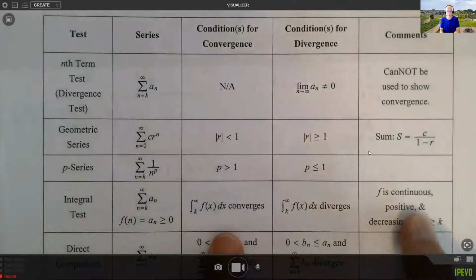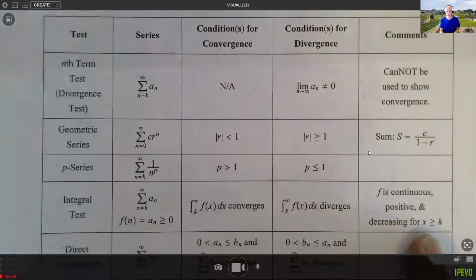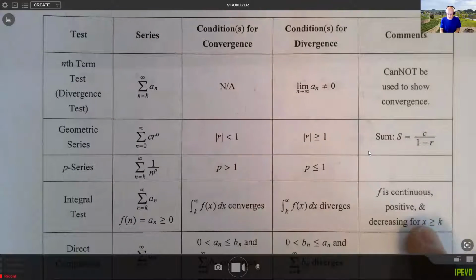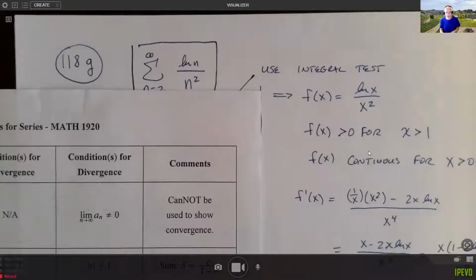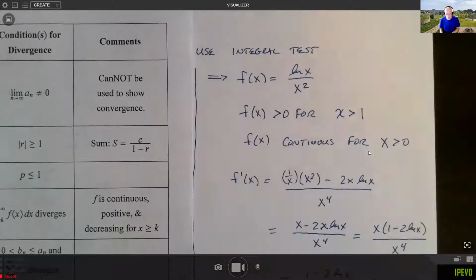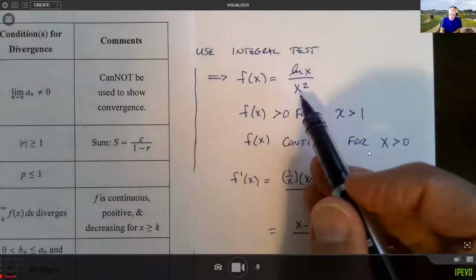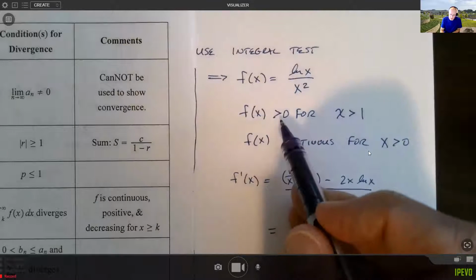All the functions in this example exhibit these three conditions: that the function is continuous, positive, and decreasing for at least some value k, right? x greater than or equal to that value. I do go ahead and just show you that's the case here. You don't have to do this in this case, because the directions say go ahead and use the integral test, but our function is the natural log of x divided by x squared,